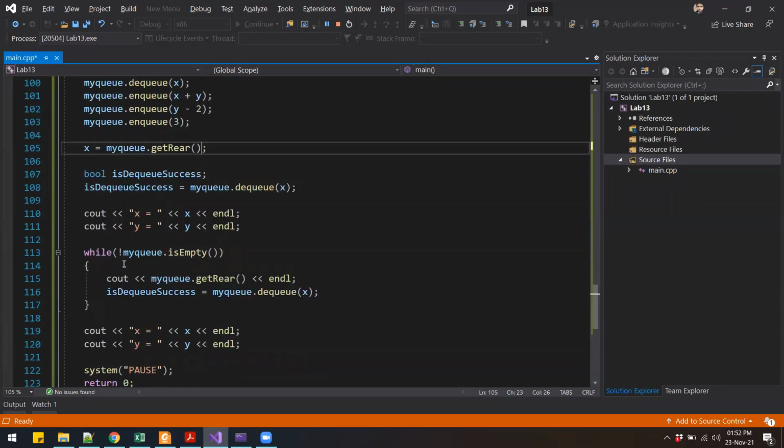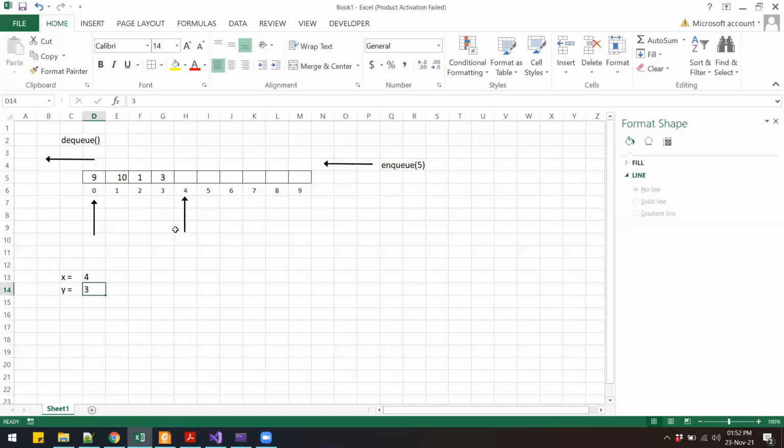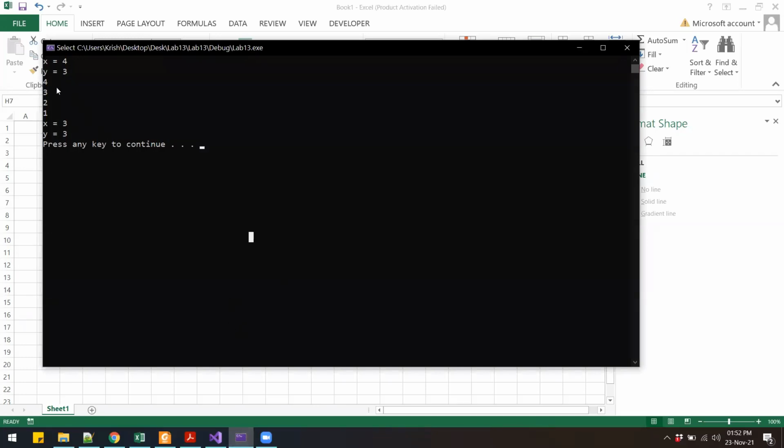And then we say while the queue is not empty, what do we do? We get the value of the front. We print that. In this case, the value of our front is currently 4. So 4 should be printed, right? So we first print 4.